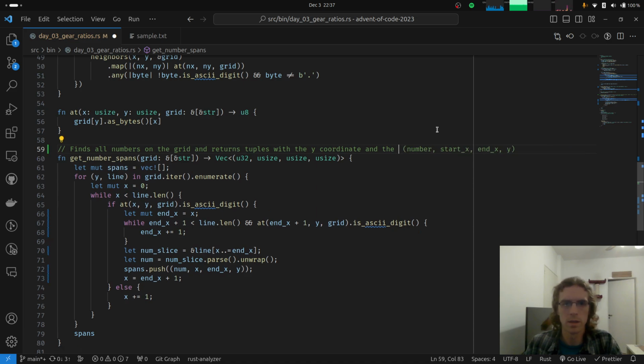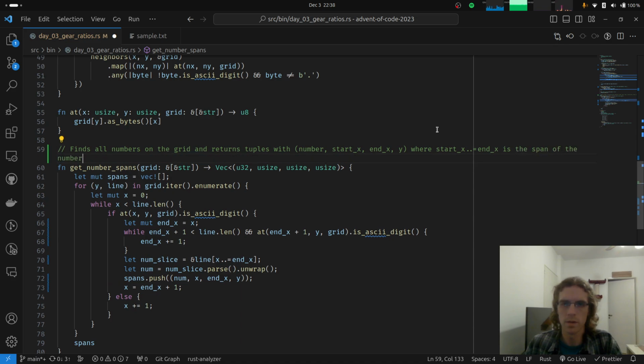Or let's say this where start x index is the span of the number on the grid, and y is its